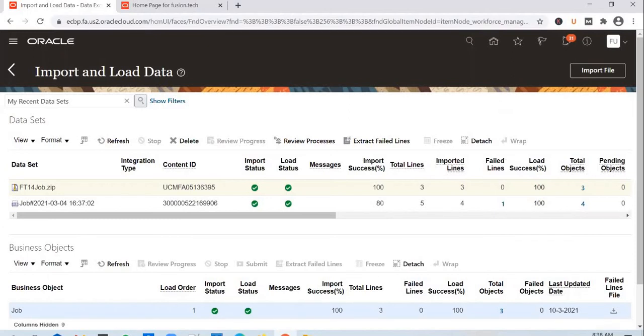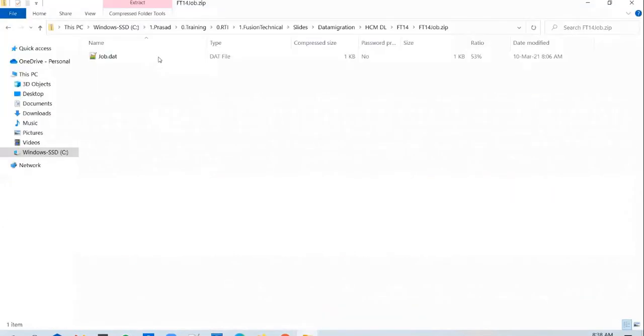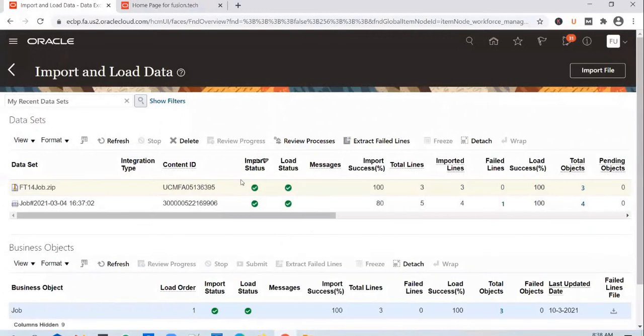Exactly. That's why you should not change this job.dat file. If you change the name of this .dat file from job to say job1 or job2, it will fail. So what you said is right: based on the file name, it identifies what data is contained in the .dat file and it will populate the appropriate stage tables. Because nowhere are we mentioning what it is that we are trying to load here. In the FBDI process, in the loader, we mention the input process, but we are not doing anything here. That is right. Okay, cool. Thanks, Prasad.